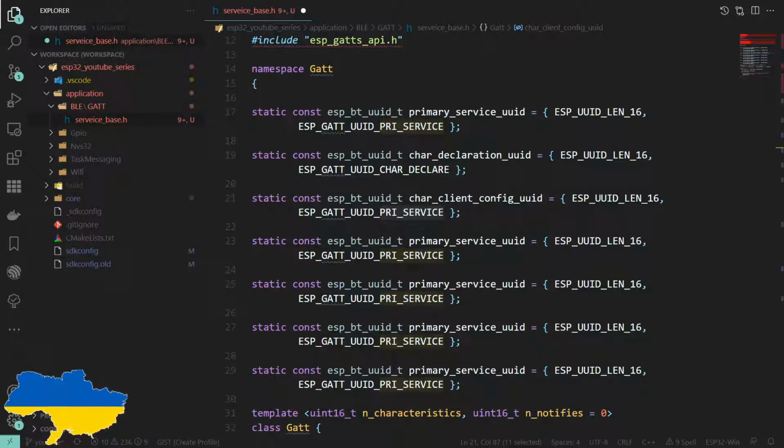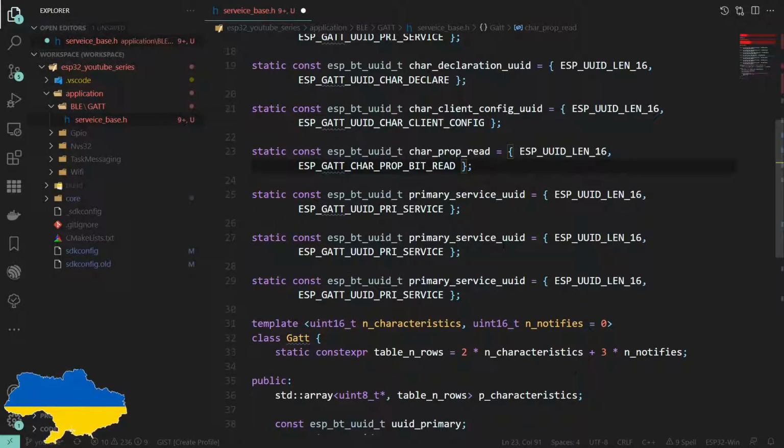And let me just, you know what, that's a long one, so I'm going to just quickly copy and paste these in from my notes. So this one is a property that says this thing is read only. We can have one that is a property that says you can read and you can write to this.